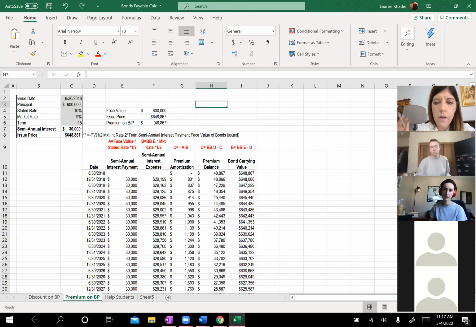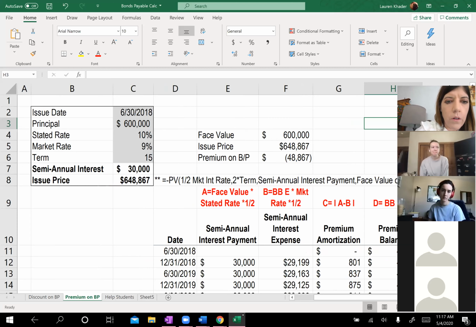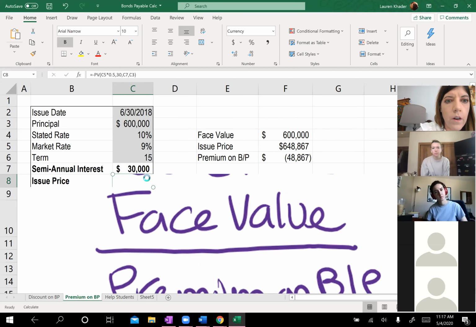Okay, do you see Excel now? Yeah. Okay. So I put all of the information in here, the issue date, principal, stated rate, market interest rate. There's the semi-annual interest payment. And then in this formula right here,